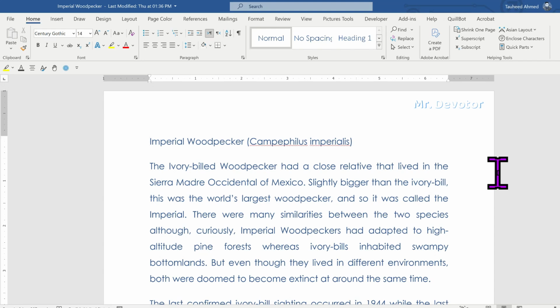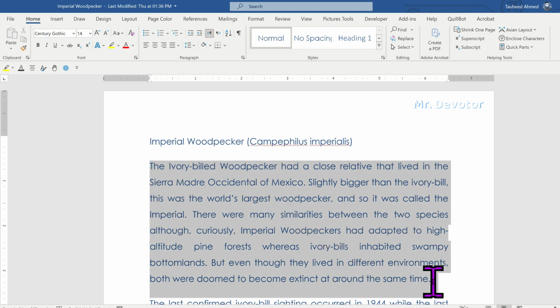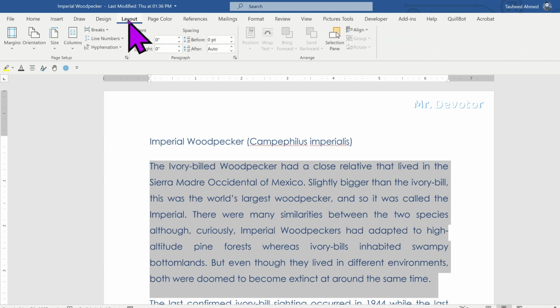In this video, I will guide you how you can convert a paragraph into two columns. For example, I have this paragraph. You want to convert it into two columns, then select it and then head to the Layout on the menu bar